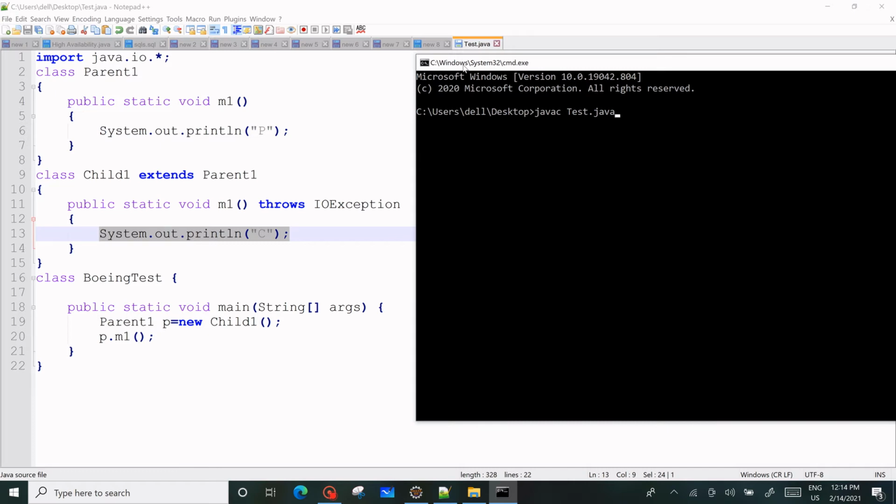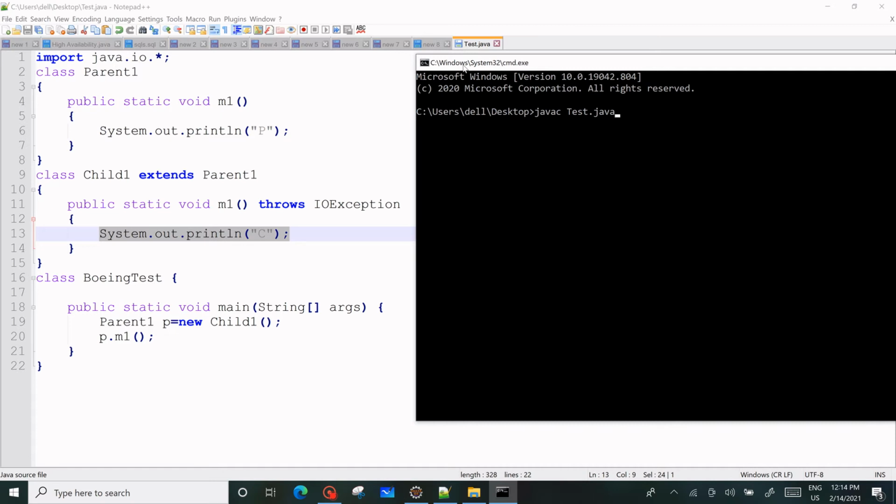Okay, so we have a class Parent and method M1 is not throwing an exception, but Child M1 is throwing IOException. Now coming to the point: first, what is IOException? In the tree of exceptions, the first is Throwable, and Throwable has two children, Exception and Error. Exception has different types: IOException, RuntimeException, and others too, right? So is IOException a checked exception or an unchecked exception?